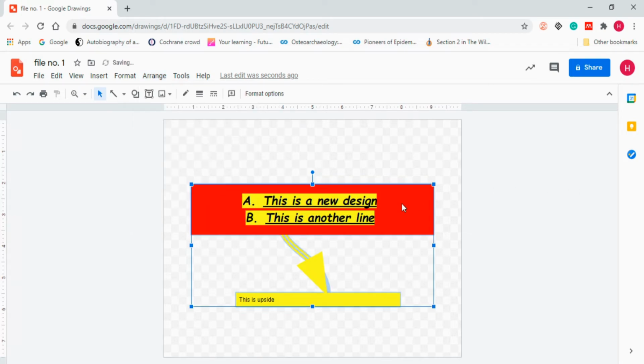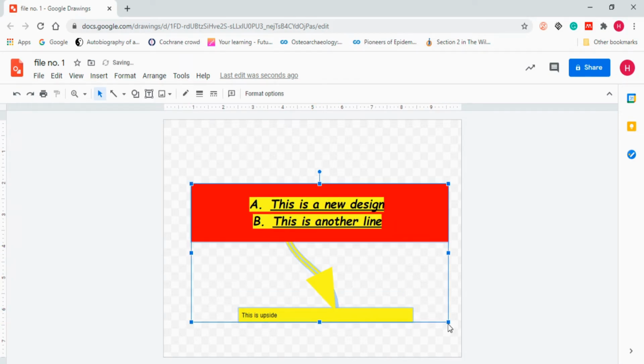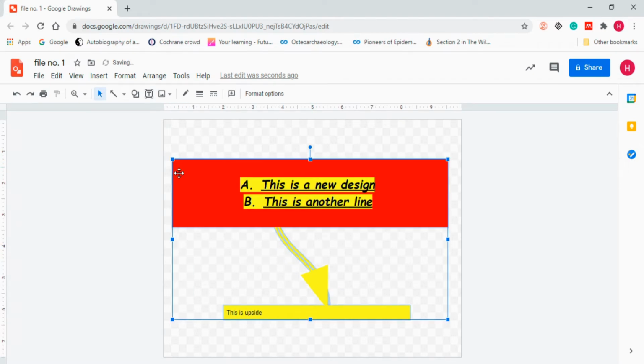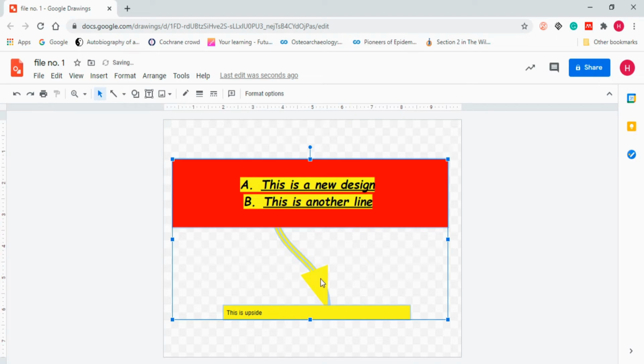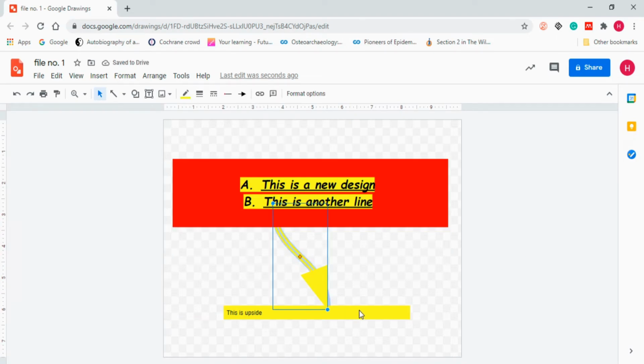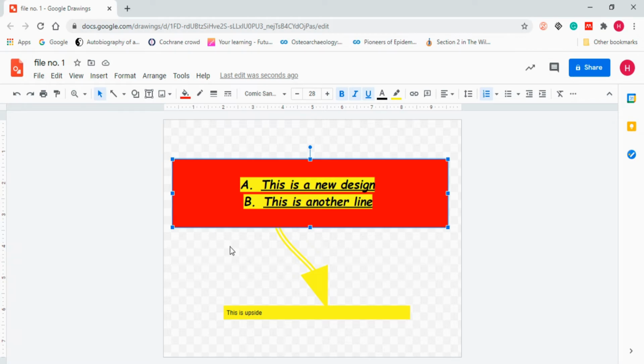Now when I click on it, you will see all three objects will be selected. I won't be able to change anything. Now if I just increase the size, all three objects will increase in size proportionally. Not just one, all three things will increase proportionally. Now if I again want to ungroup them, and click on each of them separately, now if I increase, the changes will be disproportionate.